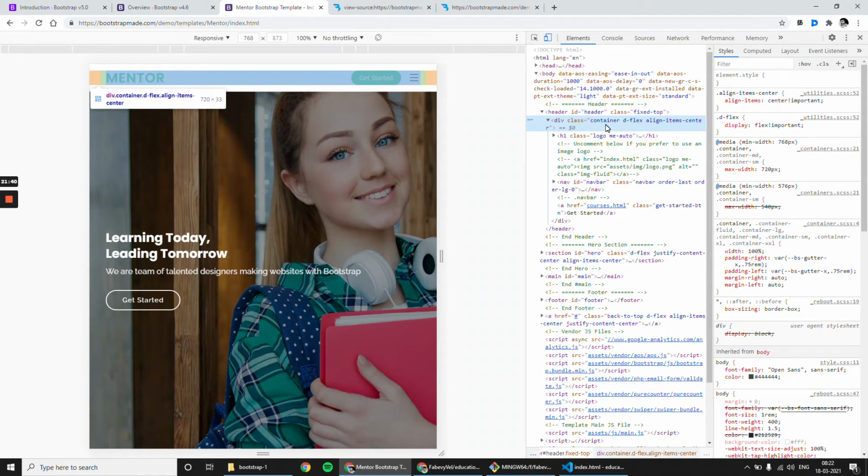Okay, so they have used container, and then they have called a class name called d-flex. I don't think it is mandatory if we follow the row column concept. If we follow row column concept, then d-flex is not required. But in this component, they haven't used row column based layouting.